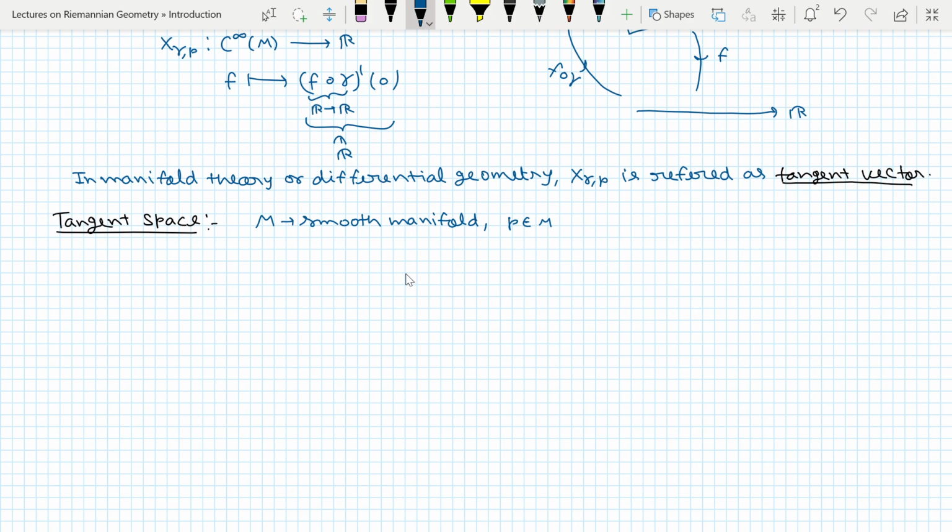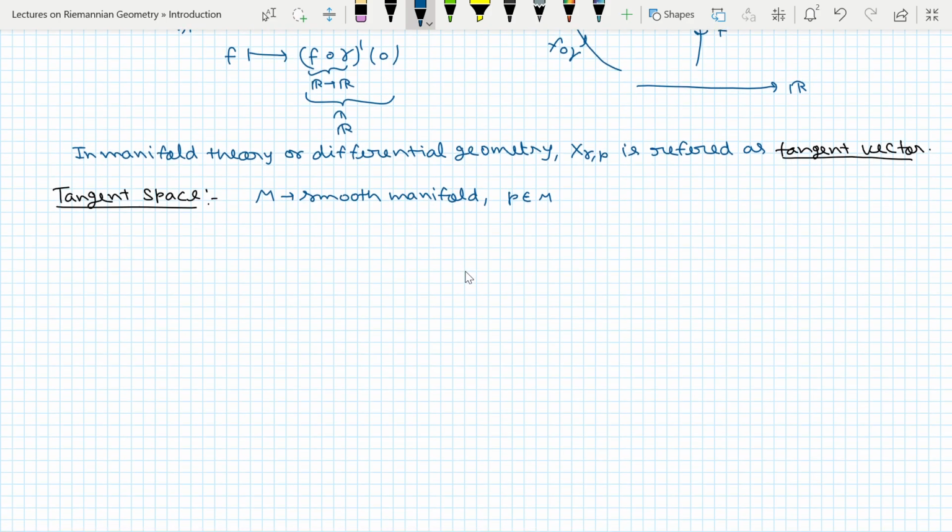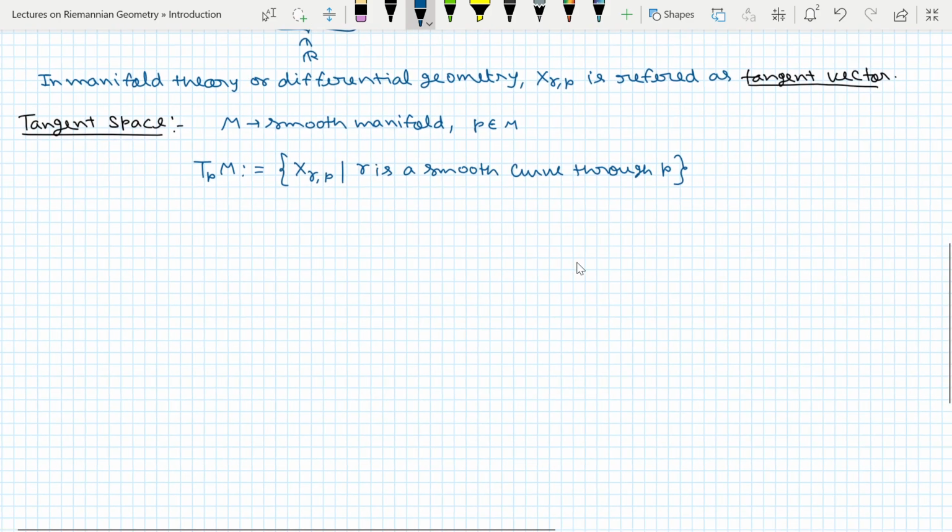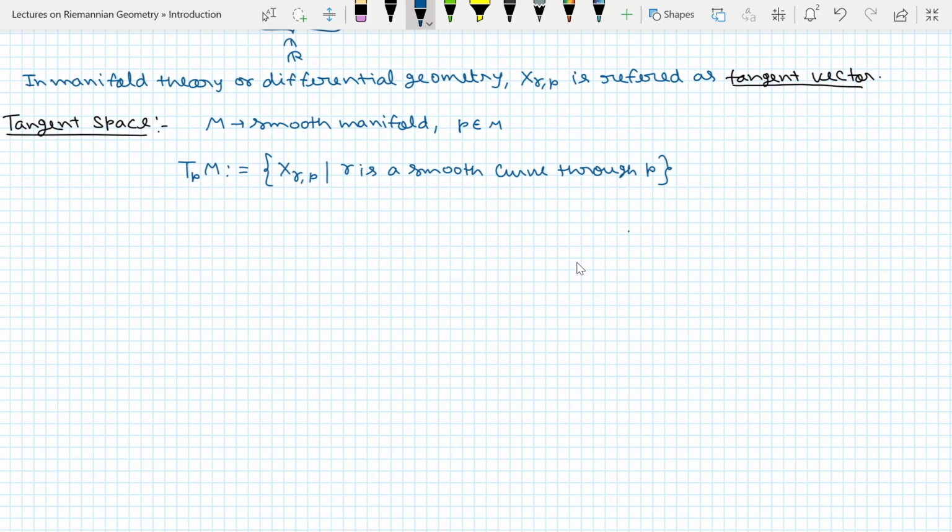Now comes the tangent space. So what is it? It's actually a collection. We denote it by TPM, and we collect the set of X gamma P, such that gamma is a smooth curve through P. So what we are doing here is, this is our manifold,